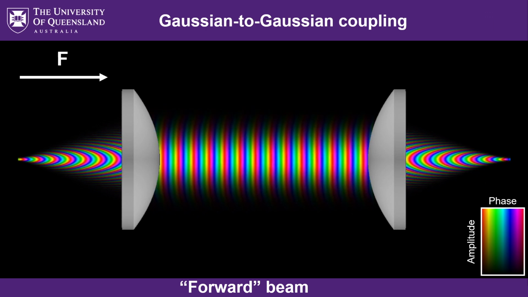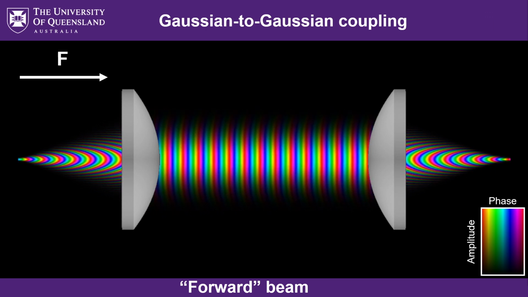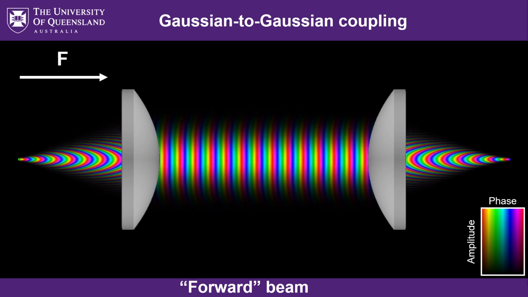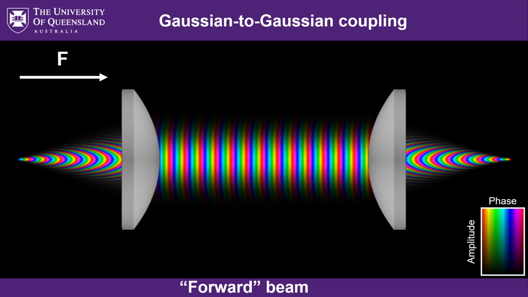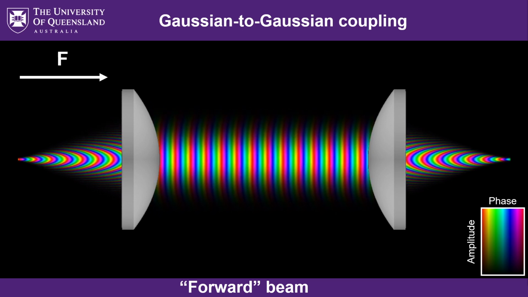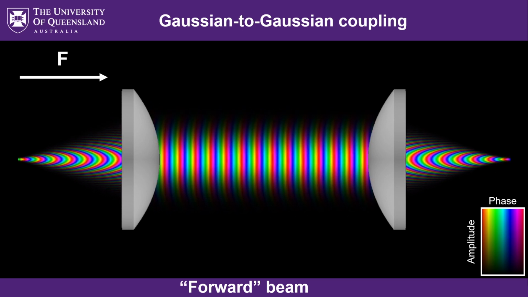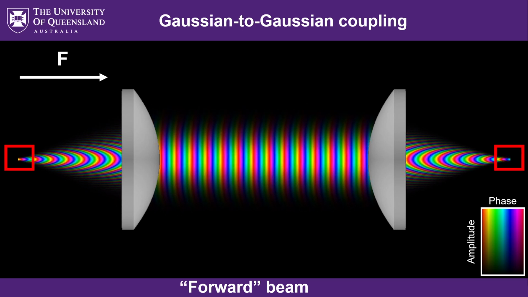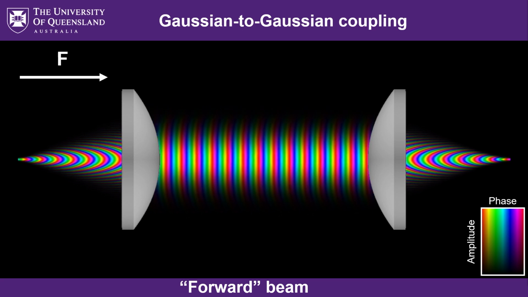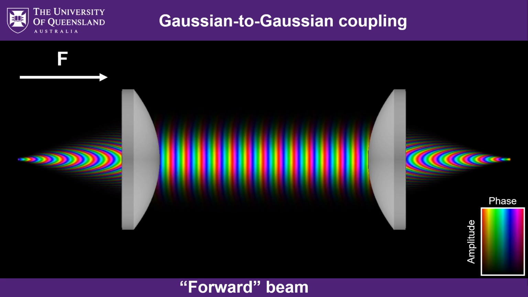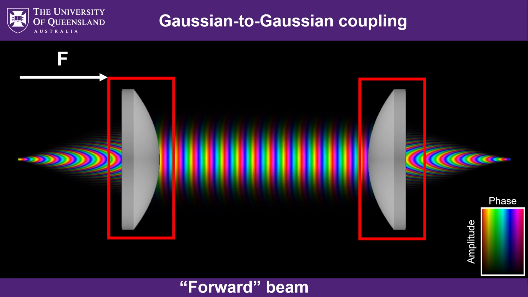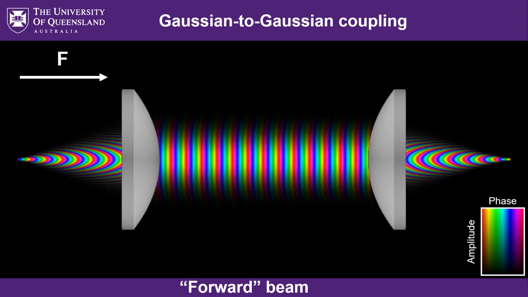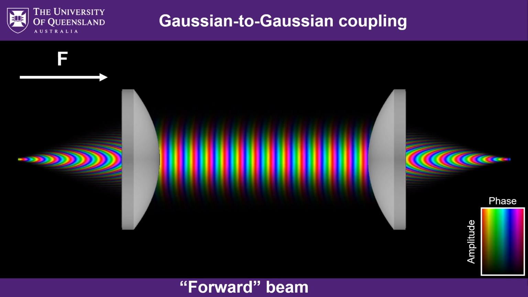Okay, so to start out, let's look at what's arguably the simplest possible scenario: coupling between single mode fibers. There's no mode conversion involved per se. We've already got identical Gaussian modes on either side, and we just need to line them up with one another in position and in angle using these two lenses. No phase masks or anything required. But nevertheless, most of the concepts you need to think about when you think about mode conversion are present in